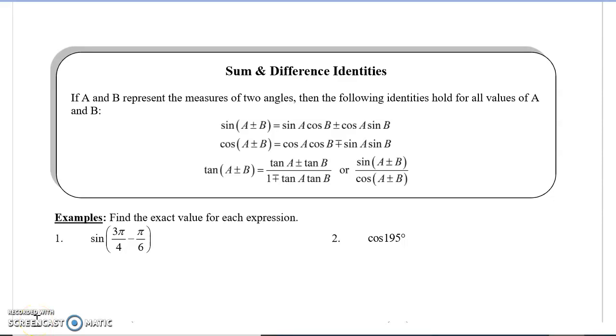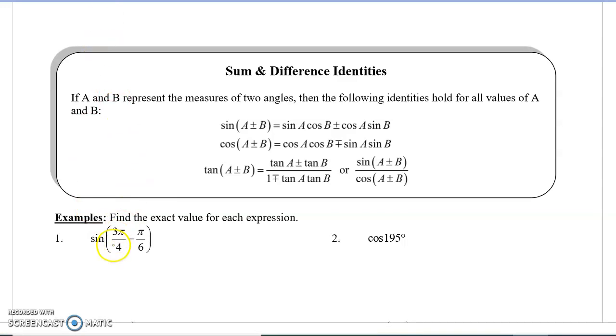Once you get the cosine sum and difference identities, you can use them with the Pythagorean identity to find the sine sum and difference identities. And then once you have sine and cosine sum or difference, then you can divide them to get the tangent sum and difference identities. So once we have all of those identities to use, let's actually use them and see what happens. So something like number one,